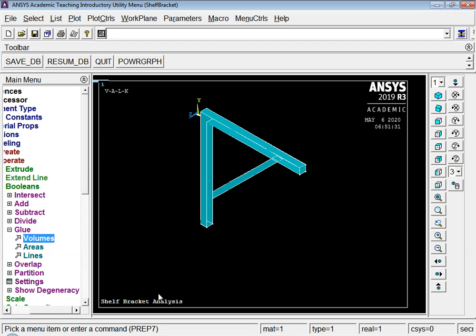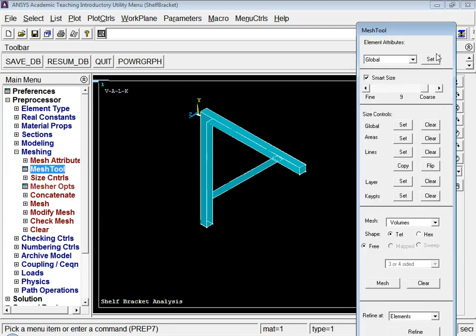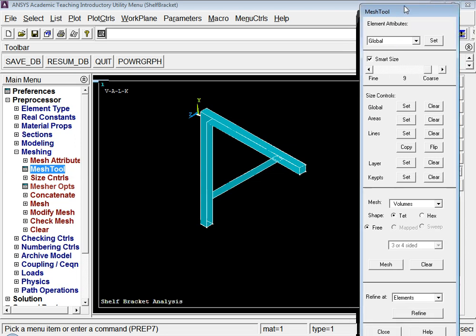Now we can carry out this particular meshing activity. So we'll go to mesh tool, smart size 9 we have specified, and then we will try to mesh this volume.